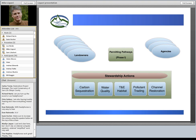So one of the ideas that we've been bantering around is to create some kind of permitting process that would maybe be driven by a third-party organization or might be a collaborative public-private partnership where multiple landowners with multiple different projects and multiple different agencies would engage in stewardship actions in the riparian community involving carbon sequestration, improvements to water quality, habitat improvements, maybe pollutant tracking and channel restoration, and package those stewardship actions up in ways that might be attractive to various ecosystem service markets like carbon